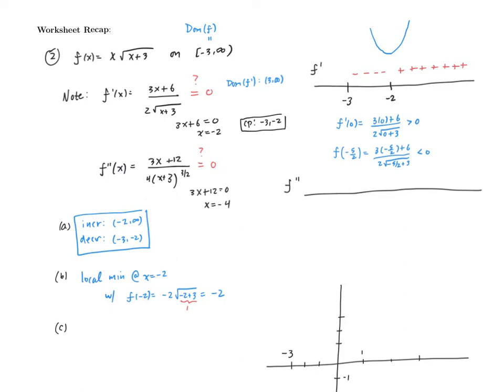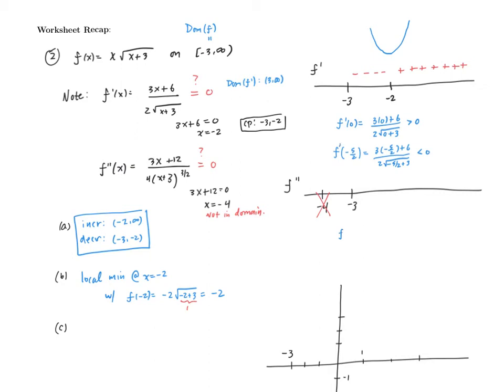But note, we're not interested in what happens at minus 4 because our function's not defined there. So all we need to do is consider the domain of our function. So to the right, this minus 4, which I'm going to write down momentarily, we can just cross off. This is not in the domain. And note, now if we pick one sample point, doesn't matter which one, or even by inspection in this case,